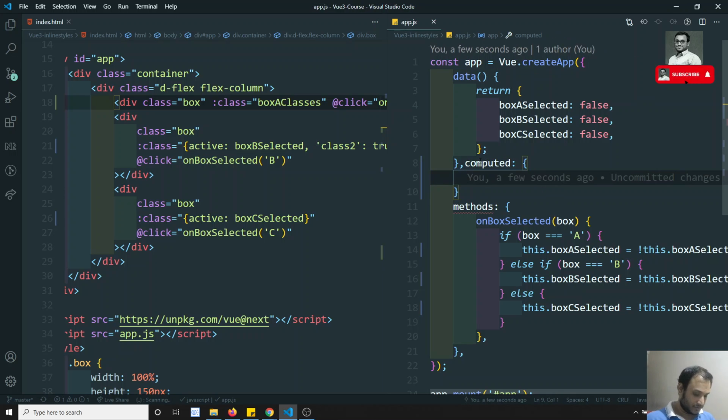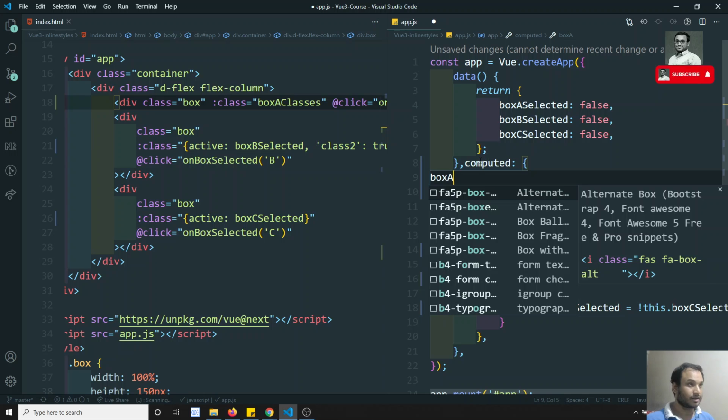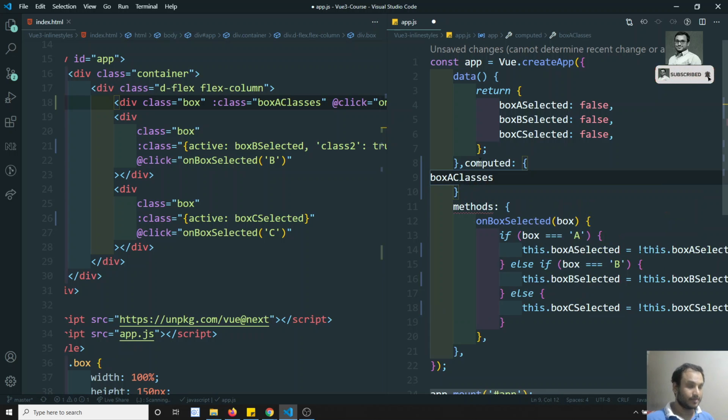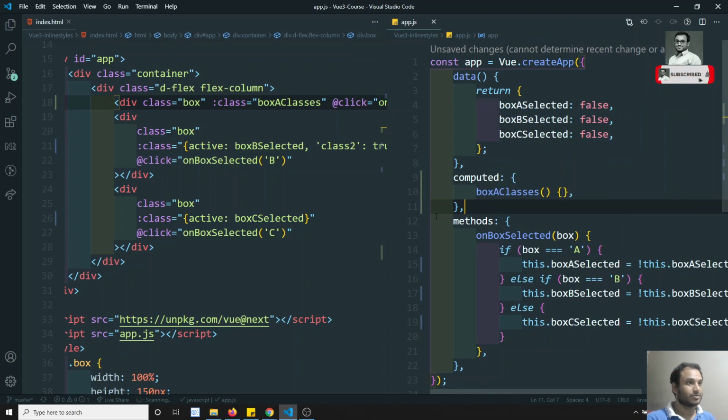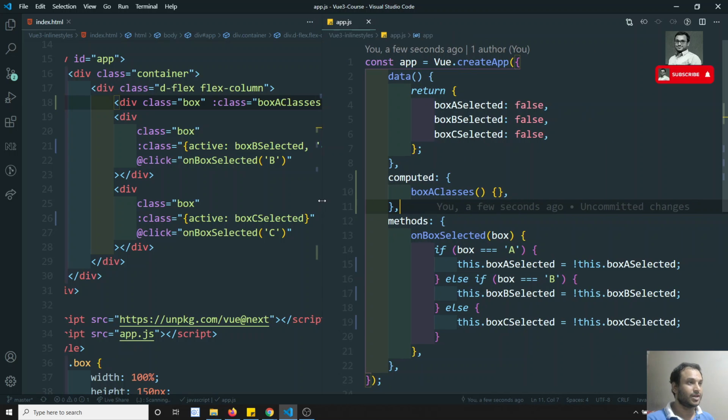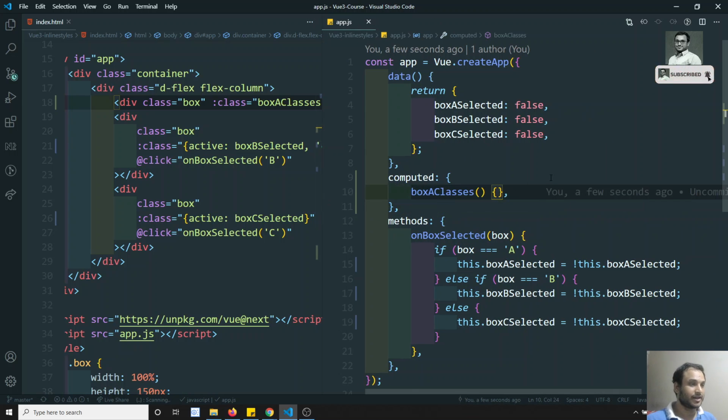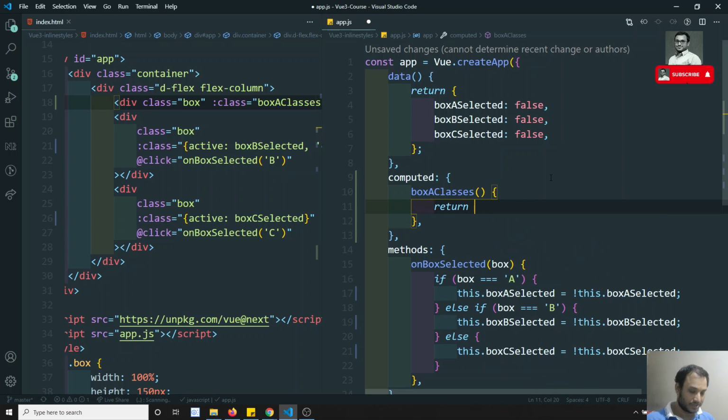So this could be a method, and in this method what I can do is return the same object.